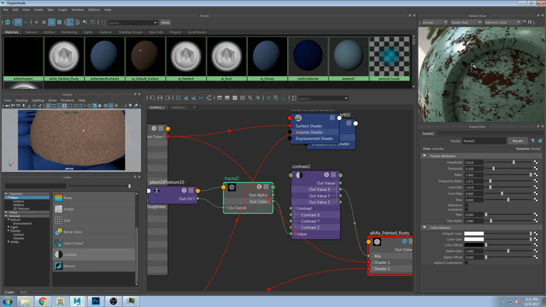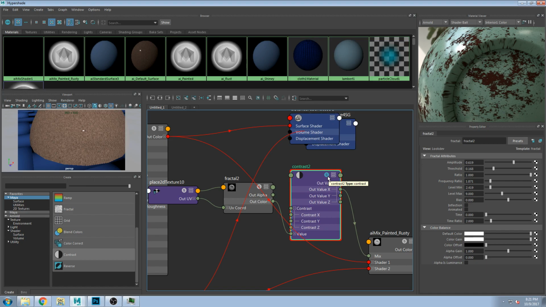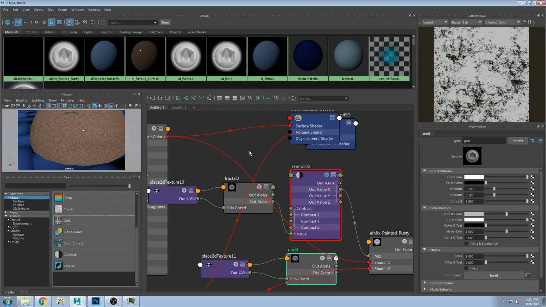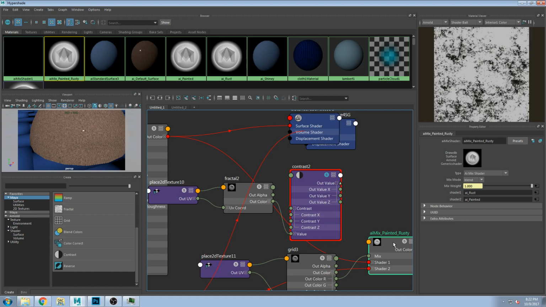and telling it how to separate the two by using any of these generated channels, right? So this can be this kind of noise. I mean, there's nothing stopping me from, as weird as it might be, taking this grid, or two of them. Let's see what we get out of that. So if I use this weird grid, or one of the channels out of the grid in the mix,